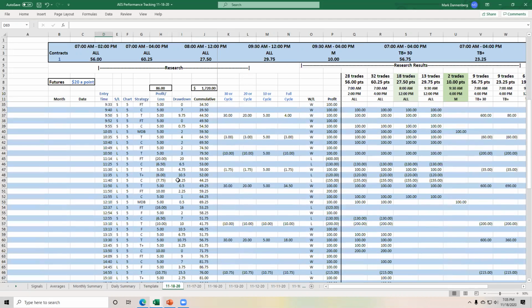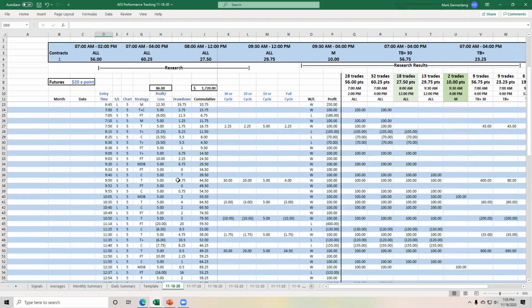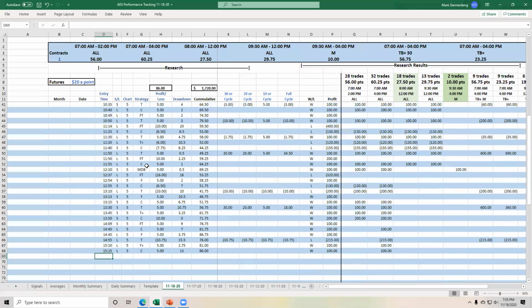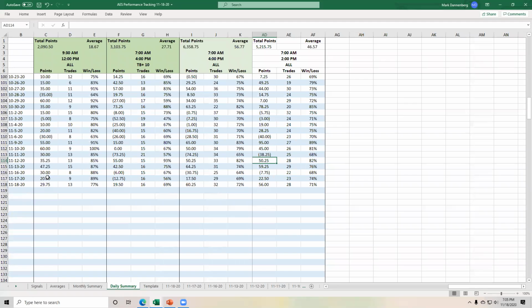And then today, the first trade that we would measure would be 7 a.m. here, and then the last trade today was at 3:15 p.m. So we take a look at the daily summary, and there are what we decided a few weeks ago when